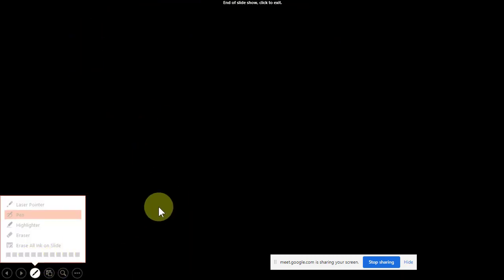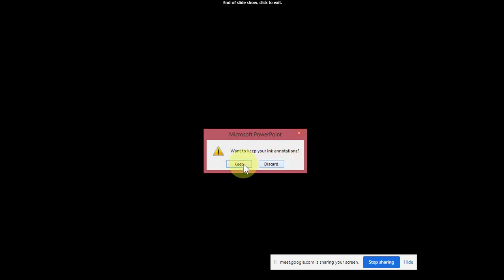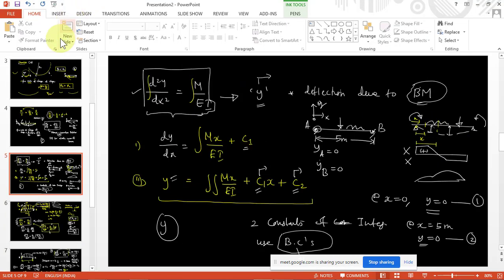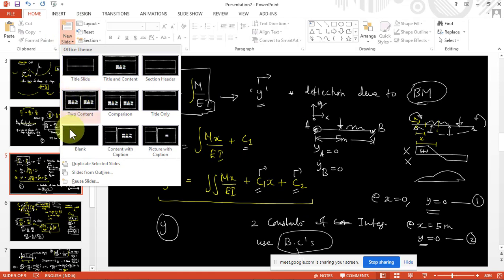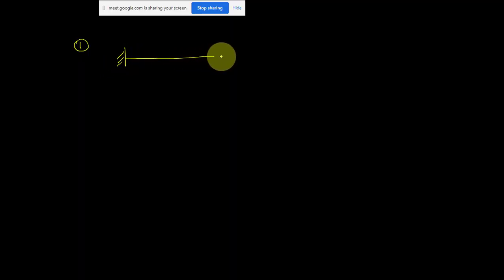And suppose I should take at least one simple example. We have a cantilever beam with some UDL. That is a simple example, because the previous example's procedure is clear, but that problem looks complicated, no? So don't worry about that. Suppose we have a cantilever beam of span L, and the load intensity is W.